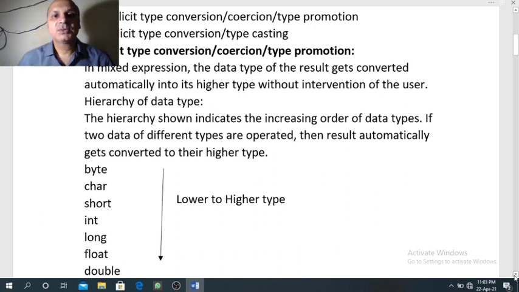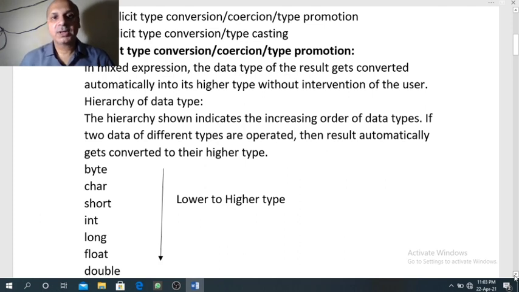Users don't have to intervene in that. So the type conversion which is done automatically by the system is known as implicit type conversion, and the result will get converted to the highest data type.